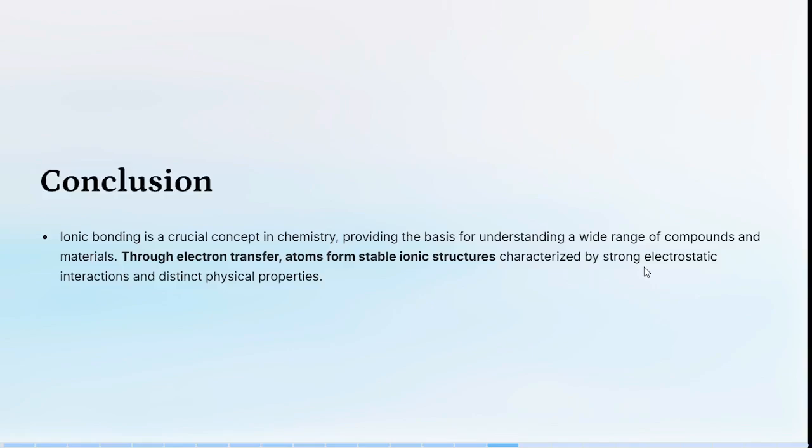When we go to covalent bonds, you will see the difference between electron transfer and what happens in the case of covalent bonds. This electron transfer forms ionic structures, and these ionic structures are characterized by strong electrostatic interaction and distinct physical